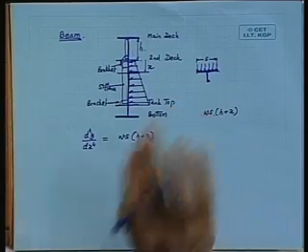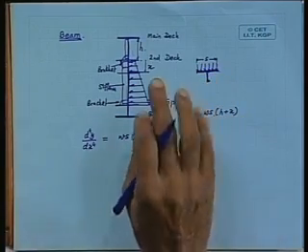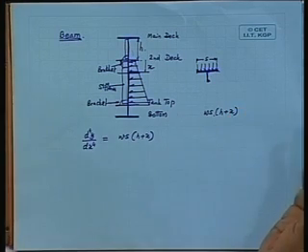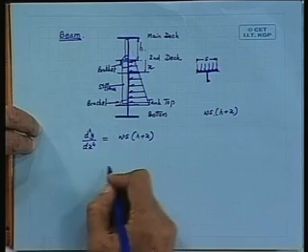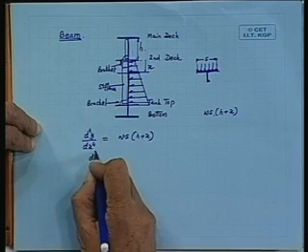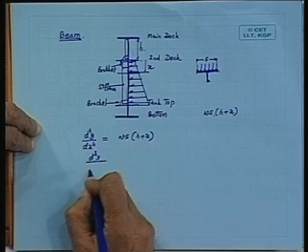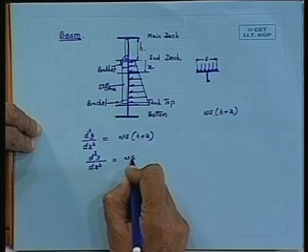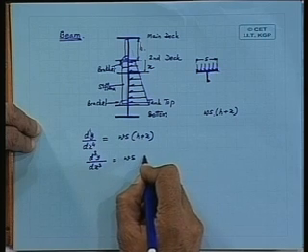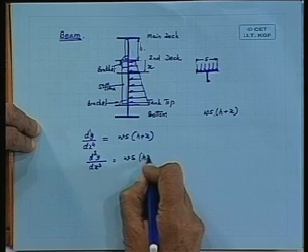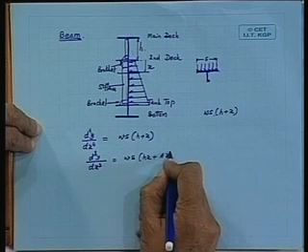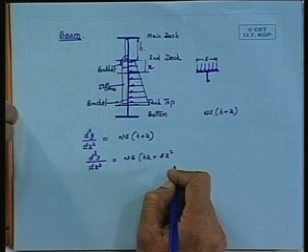That means the fourth derivative of the displacement with respect to the linear coordinate gives you the intensity of load, and from here the first integration will give you a x square or